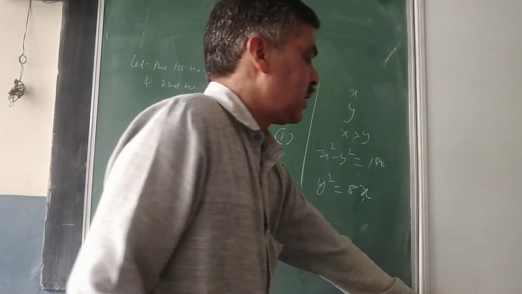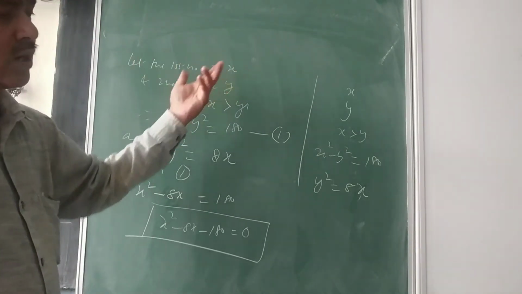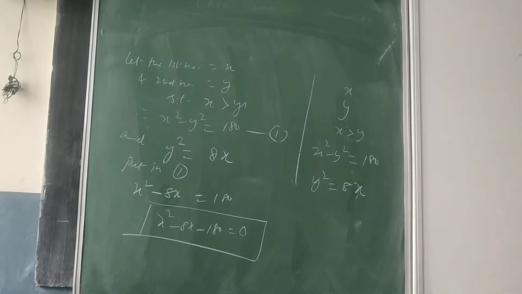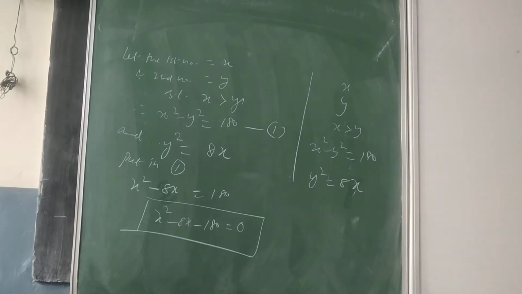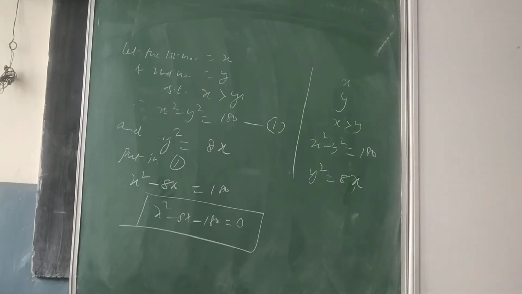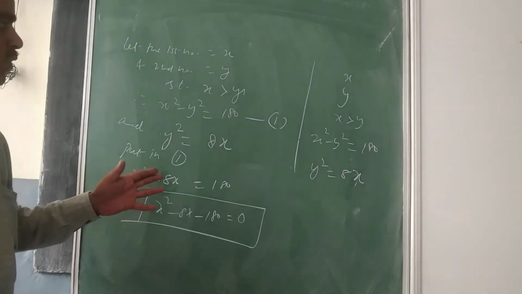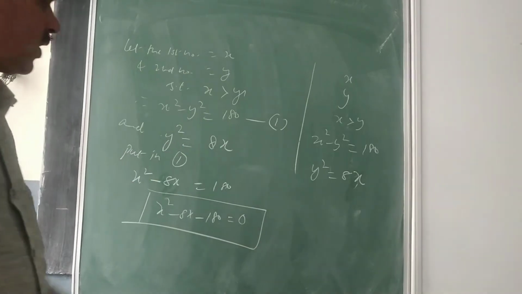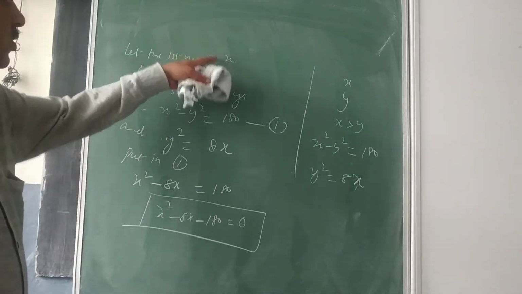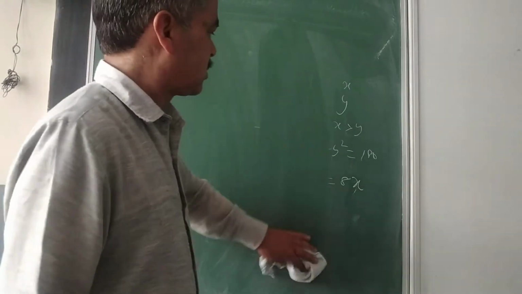So please pay attention to all these instructions. If directly you want to start with one variable, that is understood that you have started with x. So directly you can assume the larger number is x, so therefore the smaller number is equal to what? Square root of x square minus 180. In that way also you can start. But from the average student's point of view, I think that this is the best way, and ultimately you will be getting the quadratic equation in one variable with the start of two variables also. So that's all about this question.